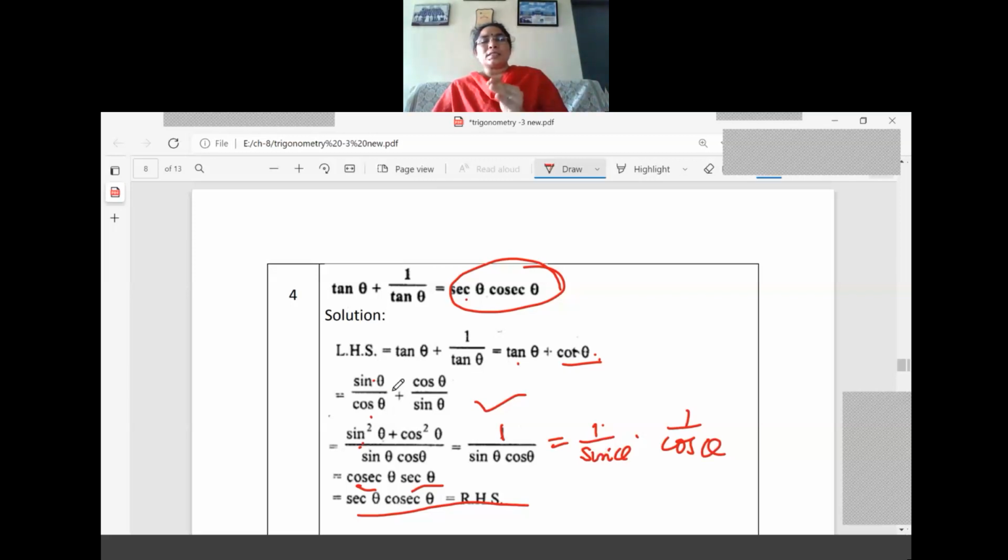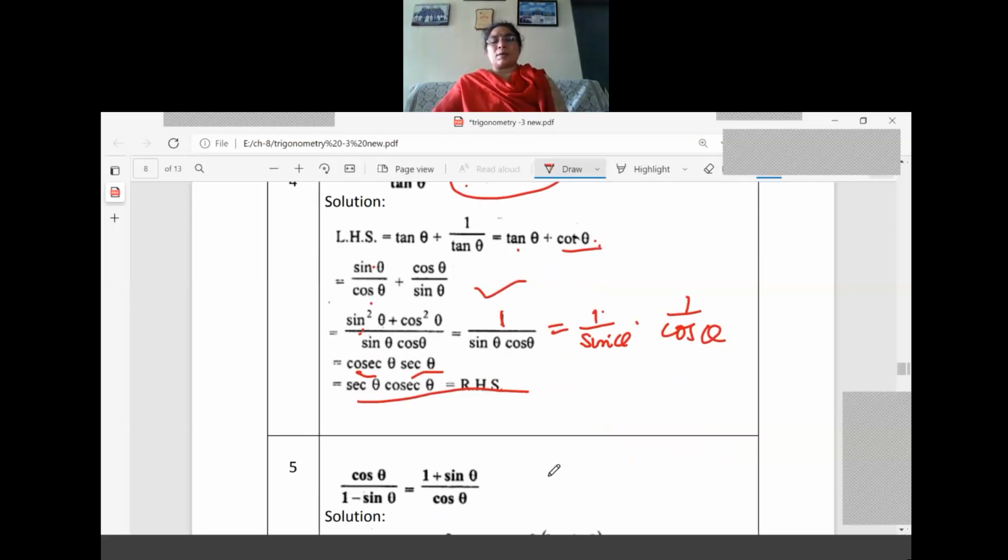So what relations are applicable? Sometimes you will try and you will not get the answer. It is by practice only that you can rectify that. So tan theta plus 1 by tan theta is there, but there are no squares, you cannot see any squares there. So the second and third identities you cannot apply here, right? That is why we went to sine and cos. So 1 by sine theta into cos theta is there. So we are reaching our RHS. In this way we have to think and apply all the identities.